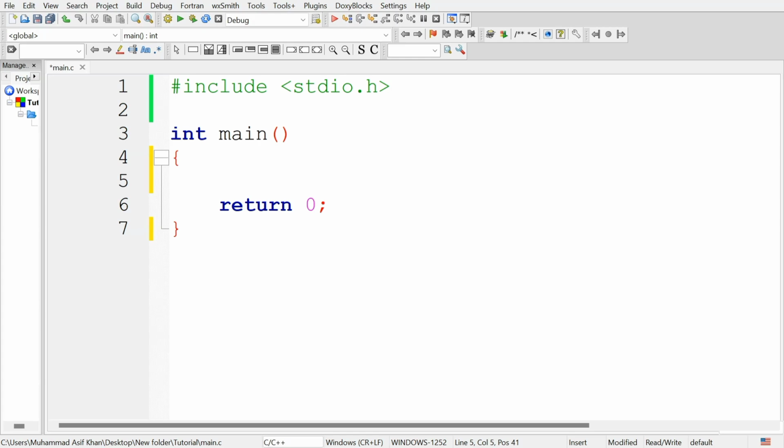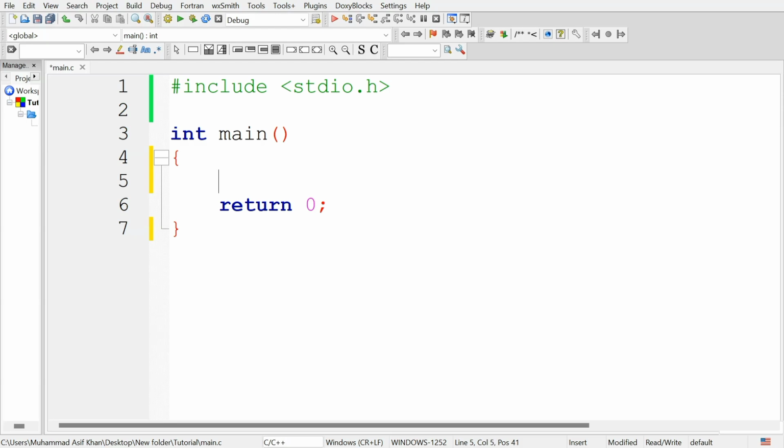So come to declaring variables. In C programming, you need to declare a variable before you use it. Declaring means telling the compiler the name of the variable and type of the variable. Here is the basic syntax of variable declaration. First, type the data type of the variable.